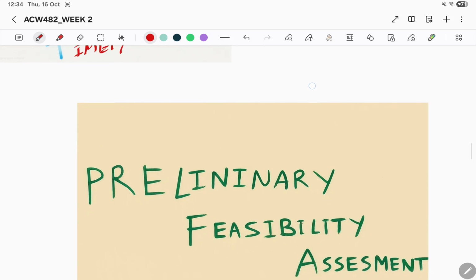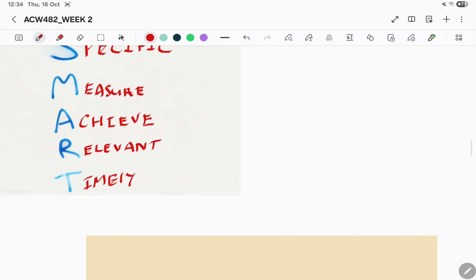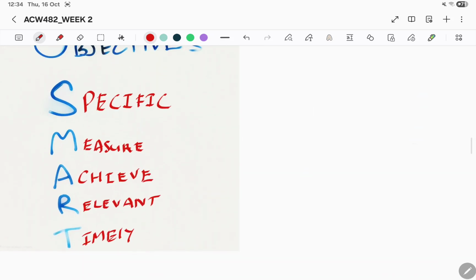Okay, and okay, this is it, all right? This is the two-part scope and objectives. Now let me go down